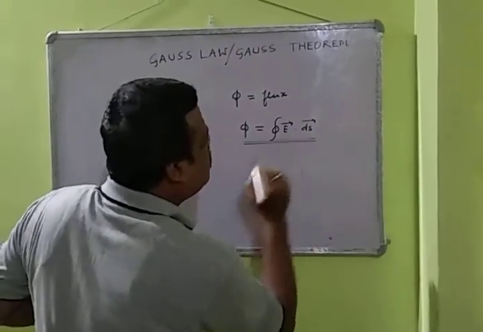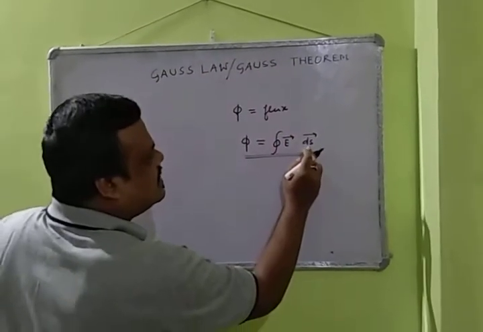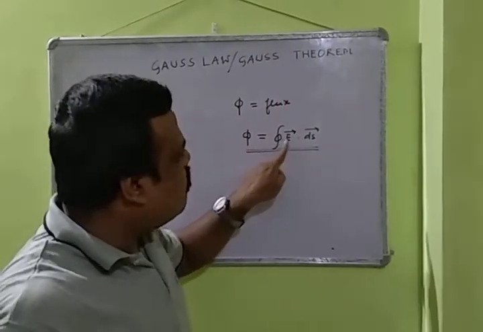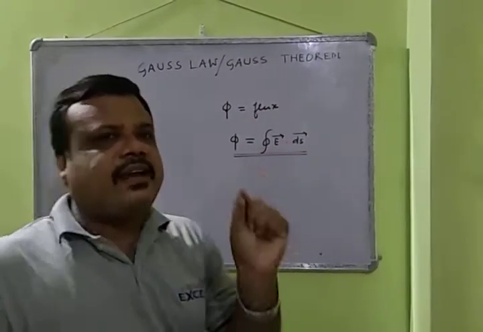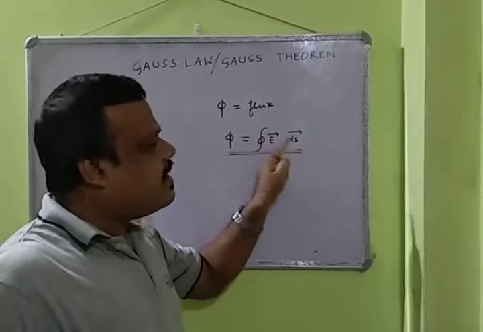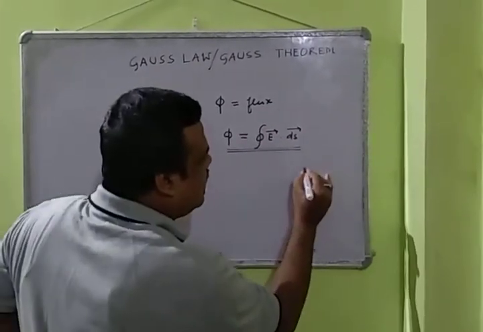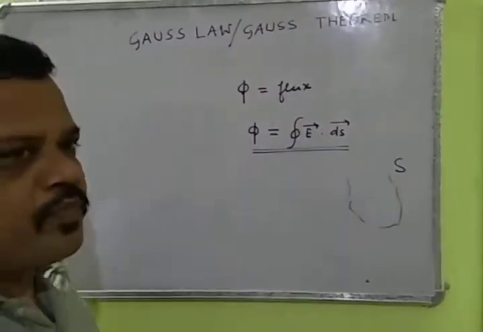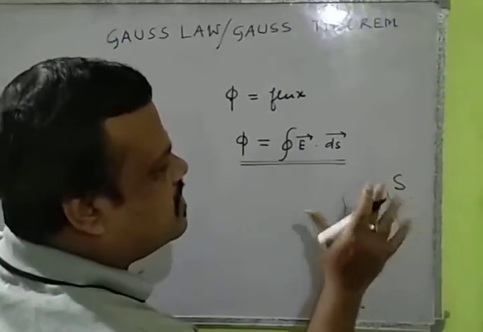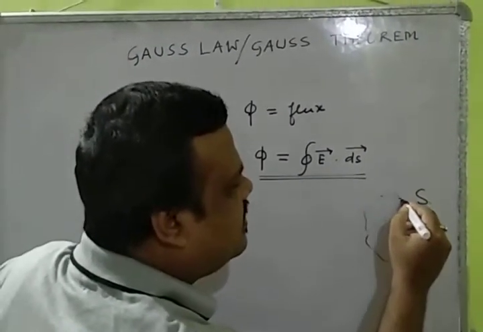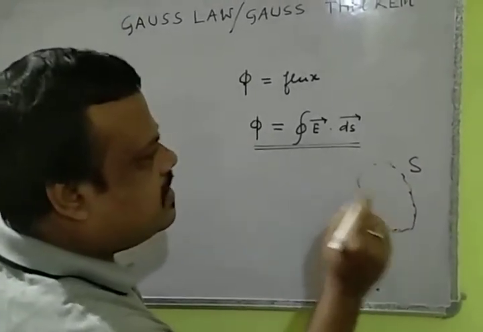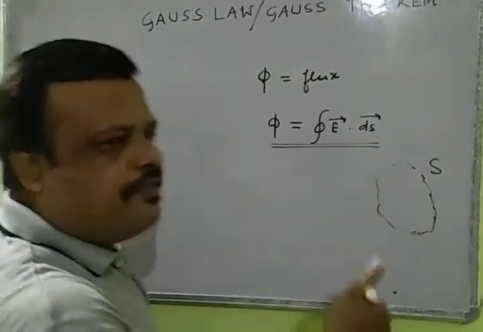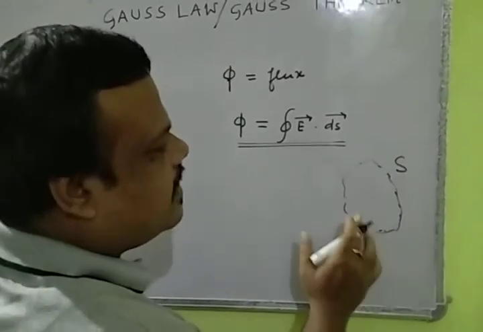So the flux over a surface is taken over an elementary surface. Let me describe why we are taking dS, the elementary area, and why not the entire area. Suppose this is our area S and this is a surface. We cannot say that over the entire surface the electric field and theta will be the same. Theta is the angle between the electric field and the area vector. We cannot guarantee that the electric field and theta are the same everywhere.